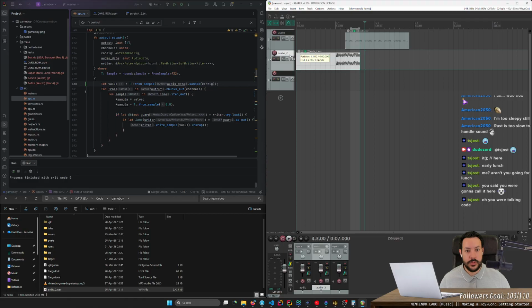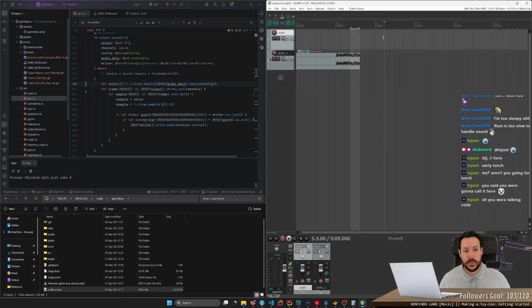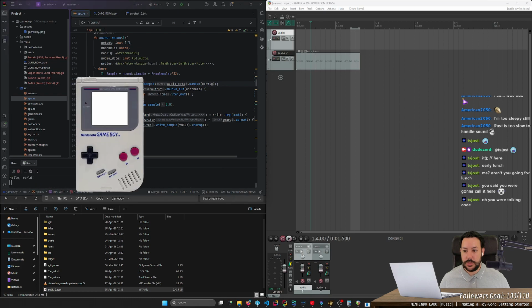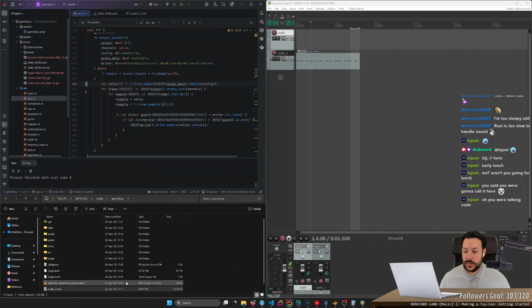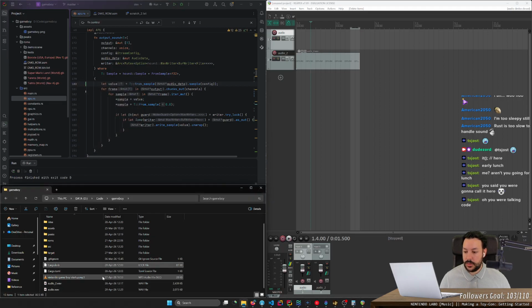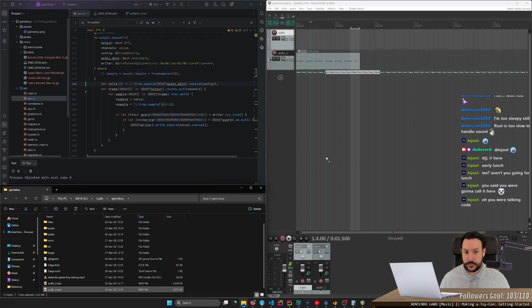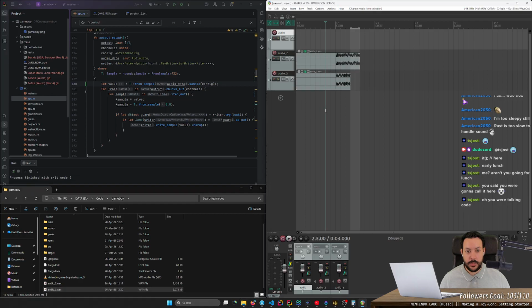Can you move to 0? Thank you. Okay, so now I want to check this. What happens if I put it more onto the outside? I'll call it audio 3. I'll put it here.